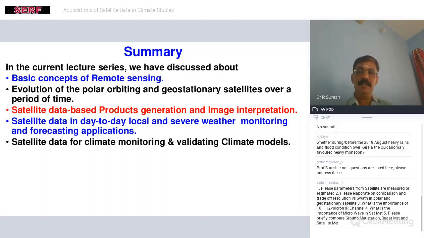So far we have discussed the last 5 modules. Today is the 5th module. First we saw the basic concepts of remote sensing, and the second was the polar orbiting satellite and how it was evolving over a period of 60 years from 1960 to the current day. Geostationary satellites from the 70s to the current day. Then we discussed the data products and image interpretation techniques in the third module. Yesterday we discussed how satellite data can be useful in weather monitoring and weather application, especially how model performance can be improved by injecting the satellite derived winds or brightness temperature, etc. Maybe it's an ongoing research, and then